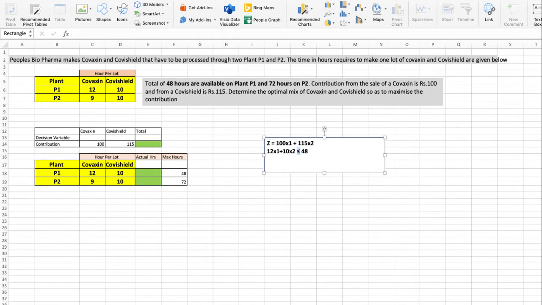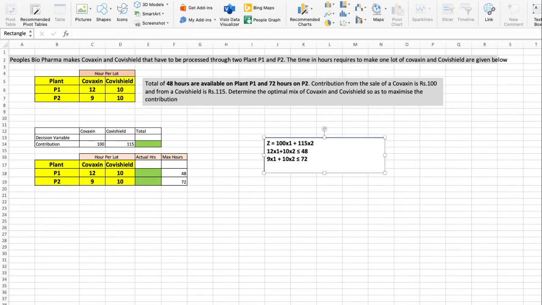Then 9 x1 plus 10 x2 less than or equal to 72. All right.